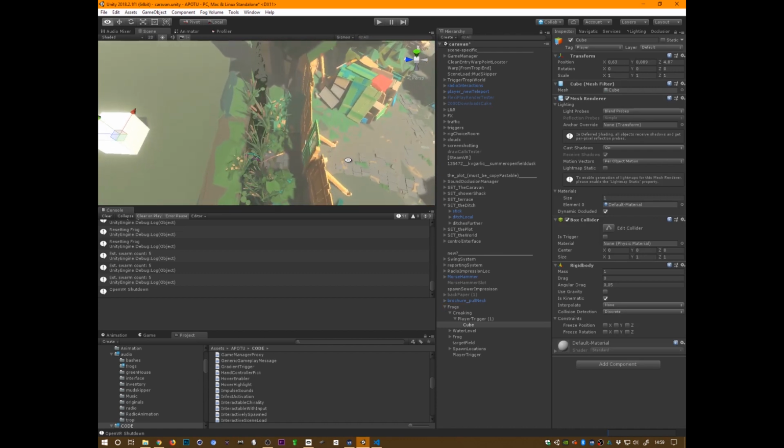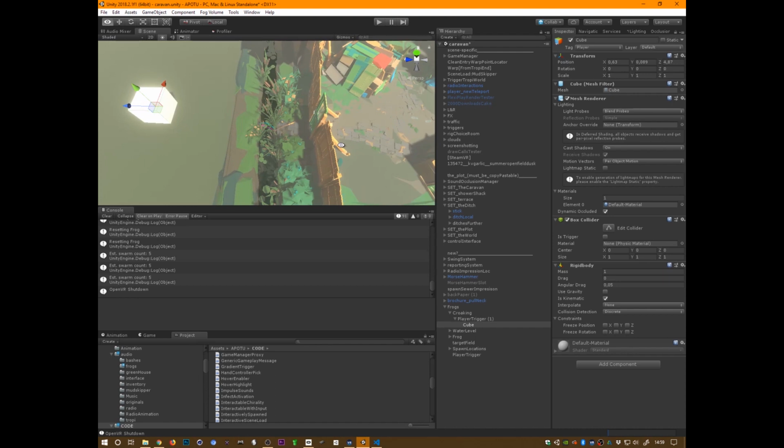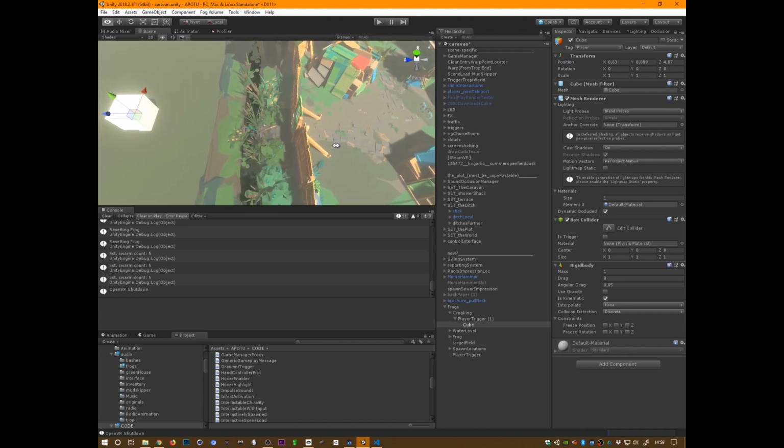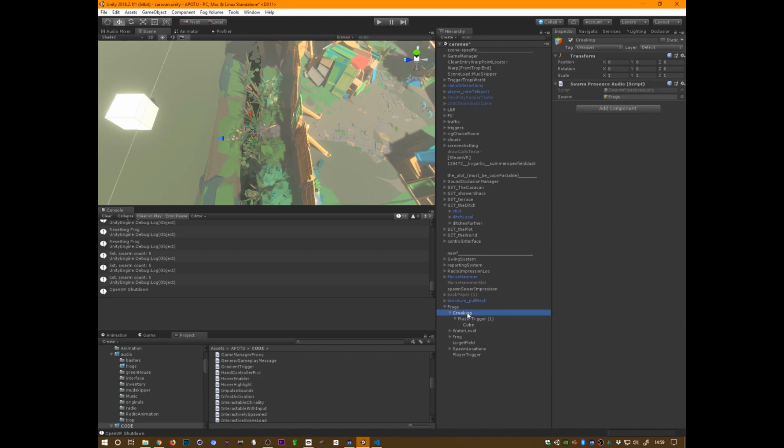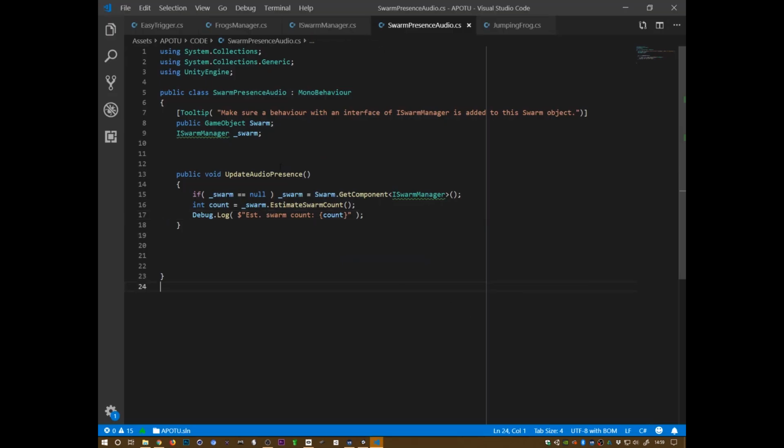What are we gonna do with that number? I'm not sure yet. Yeah, we'll generate croaks, obviously. Let me think. Because this now simply updates the audio presence. Another function that we will need to have public here is